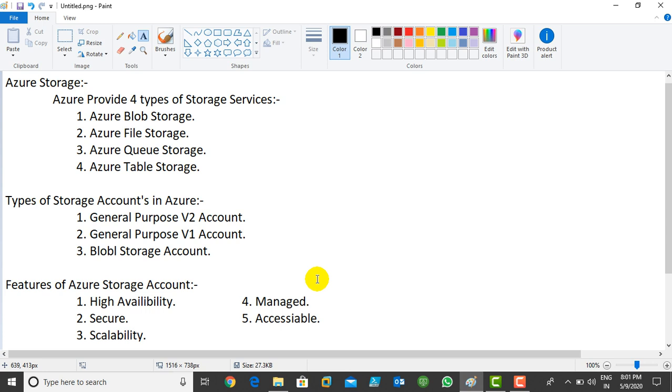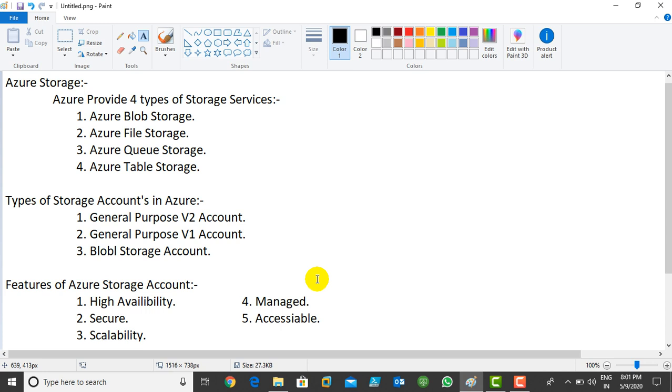Next, Azure storage is secure with data encryption. Whatever data you save in Azure storage is encrypted by default, so no one is able to hack the data. The third thing is scalability. You can increase or decrease the storage space. Imagine I'm using 2 terabytes but it's more than enough; you can decrease the size, or increase it if you want.